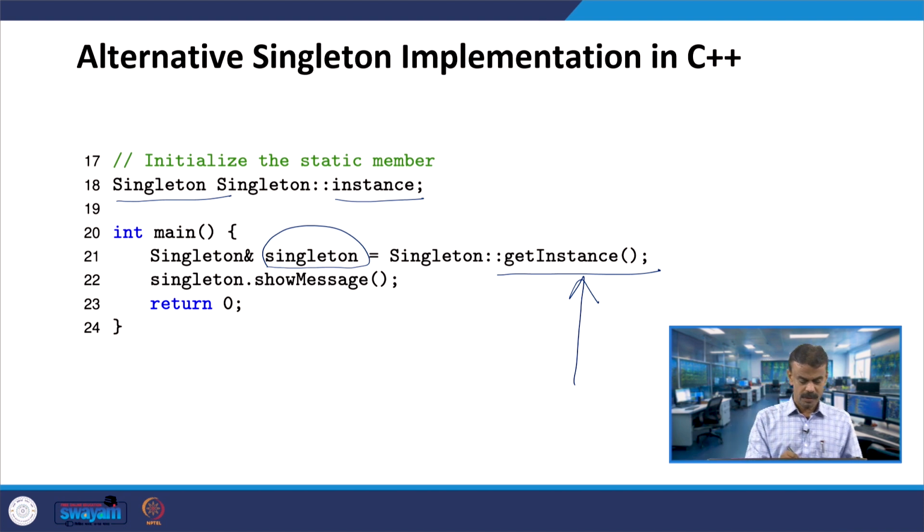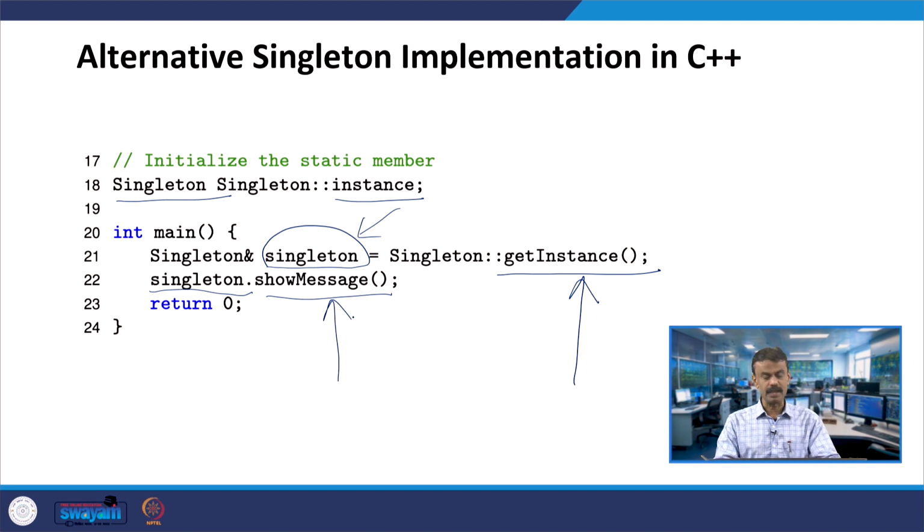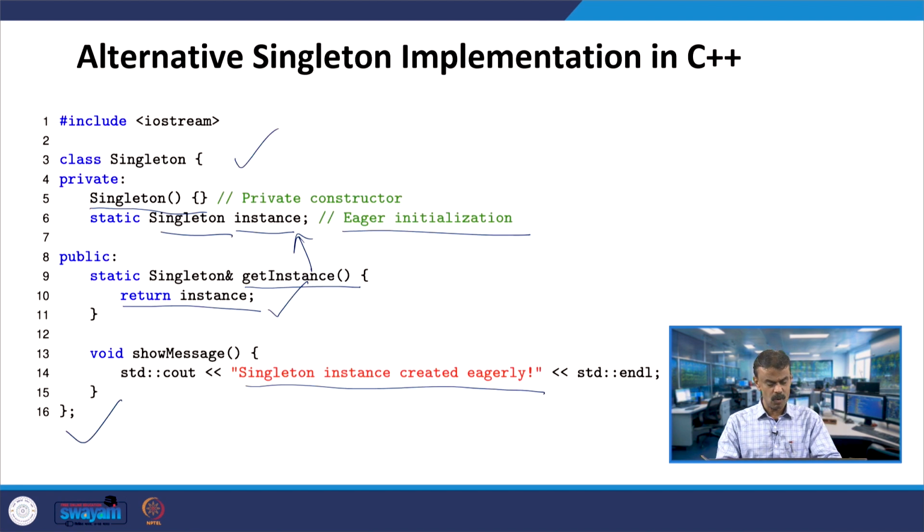Here you have the reference object singleton with the instance. This singleton object invokes show message, and when it does, "singleton instance created eagerly" will be printed. The main idea of this program is the eager initialization, where the instance will occur.